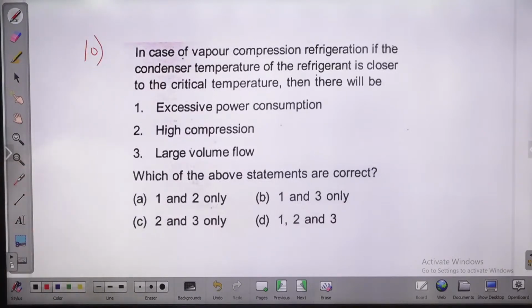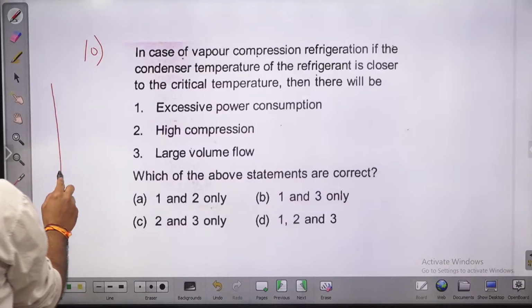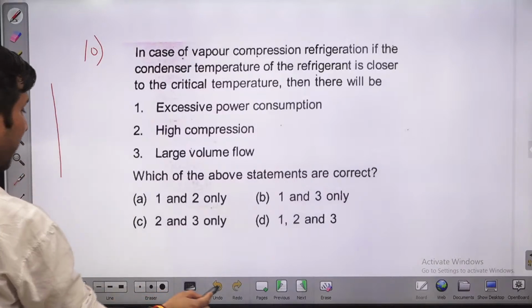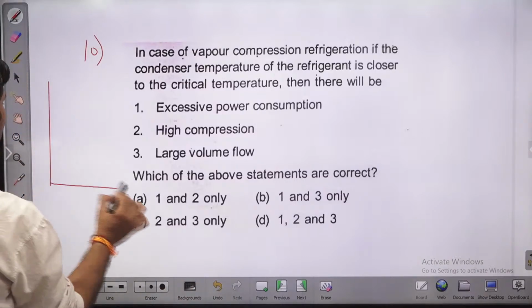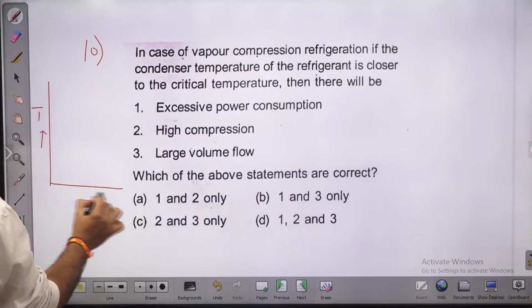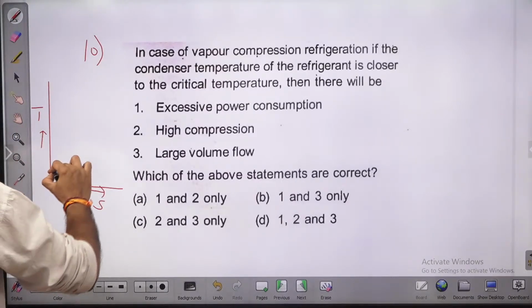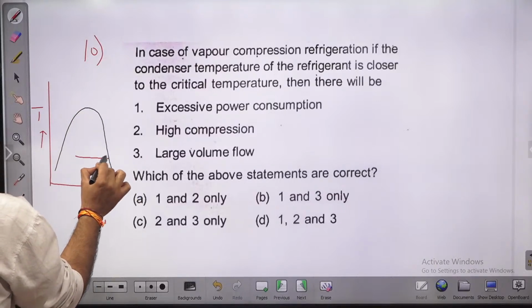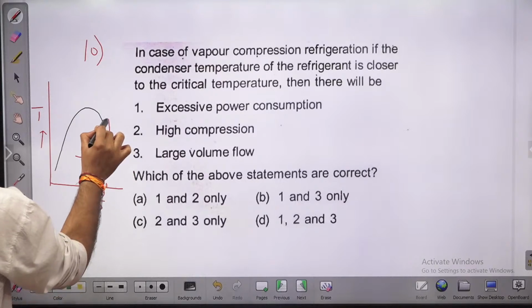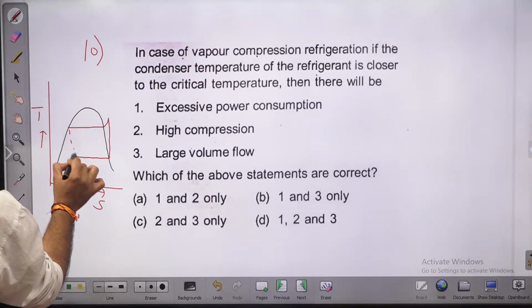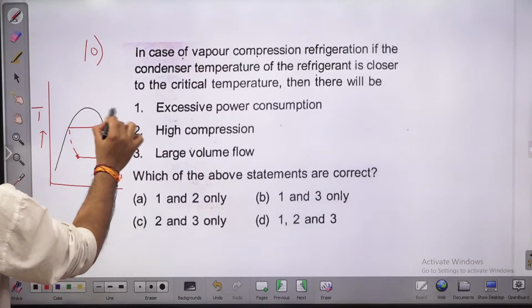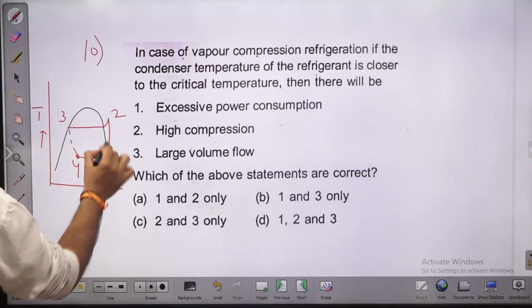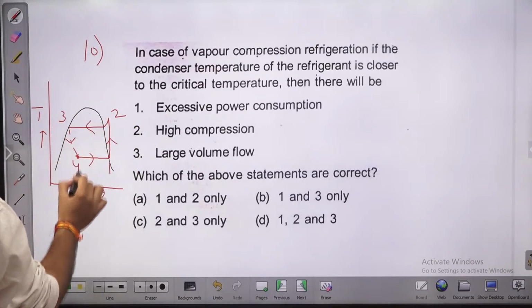In case of vapor compression refrigeration, if the condenser temperature of the refrigerant is closer to the critical point, guys, like if I draw it here, TS diagram or pH diagram, anyone. So if you draw here the TS diagram, and he's saying the condenser temperature is very close to the critical point. Okay, so in general case, the cycle diagram is something like this. This is the cycle diagram on TS diagram. Okay, so this is point 1, point 2, point 3, point 4. 1 to 2 isentropic compression, 2 to 3 heat rejection in the condenser, 3 to 4